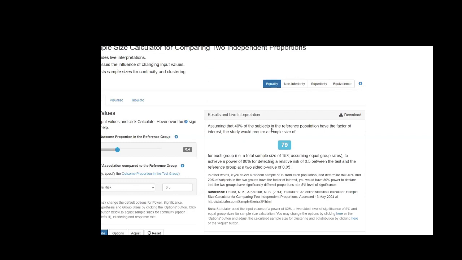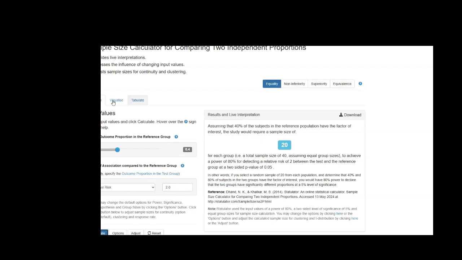So assuming 40% subjects in the reference population, that is the control group, having a factor of interest, and a reduction of relative risk of 0.05 between the test and reference group at a two-sided p-value of 0.05. If I increase this to, suppose, 2, then my sample size will be 2. So you can play with this software to find the different relative risks, or you can directly visualize this